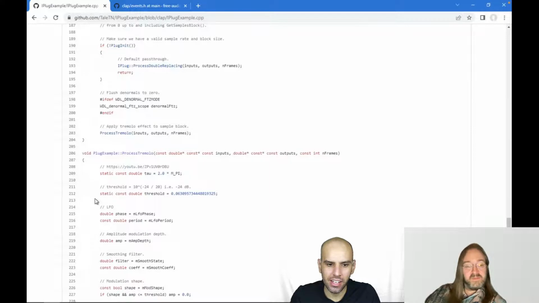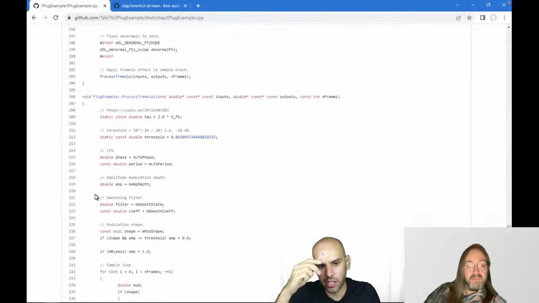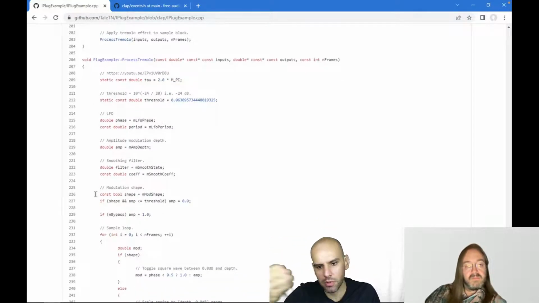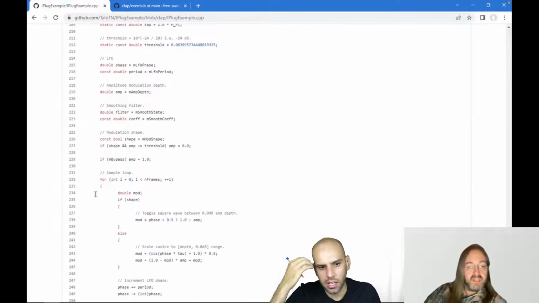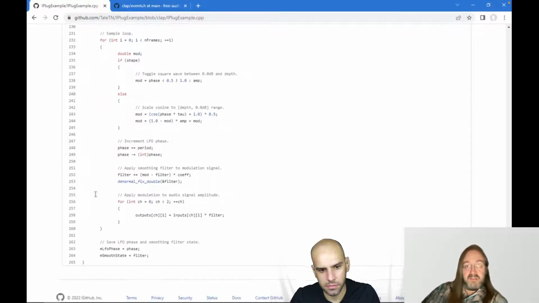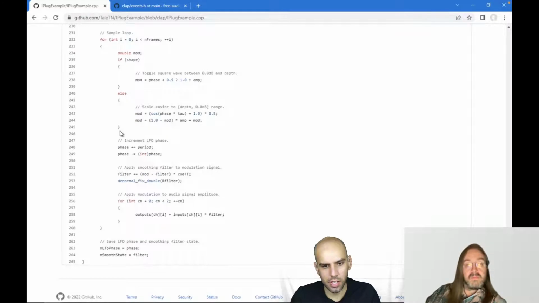Okay, and then you are doing the tremolo. You are doing an LFO, and you are taking that as the amplitude, multiplying the waveform coming in by this. Exactly. So then it's just boring tremolo code that we would also do in JSFX or whatever. Okay. And you are doing the LFO yourself.